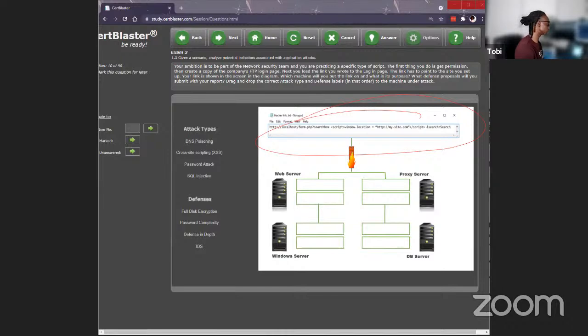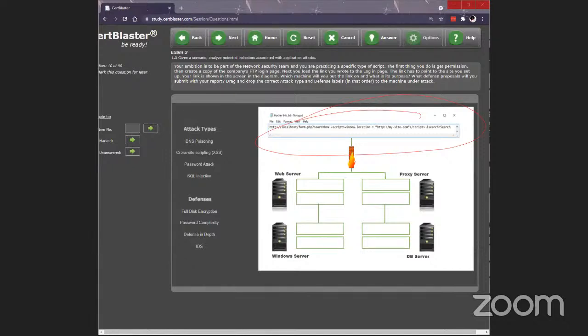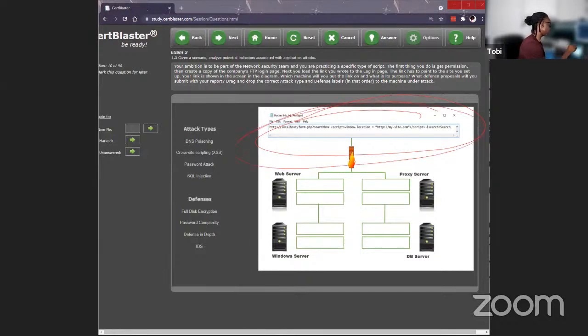You can move it. Okay, there it goes. So based on this right here, why do you think that was a cross-site scripting attack?